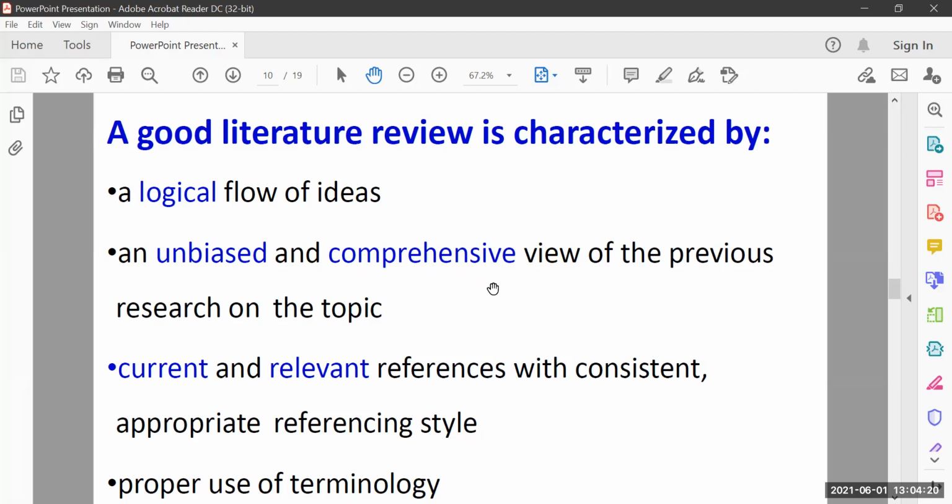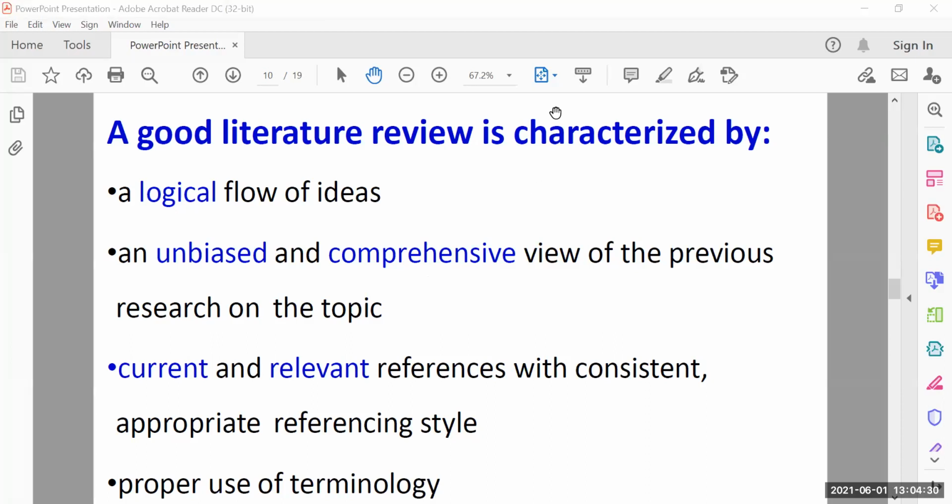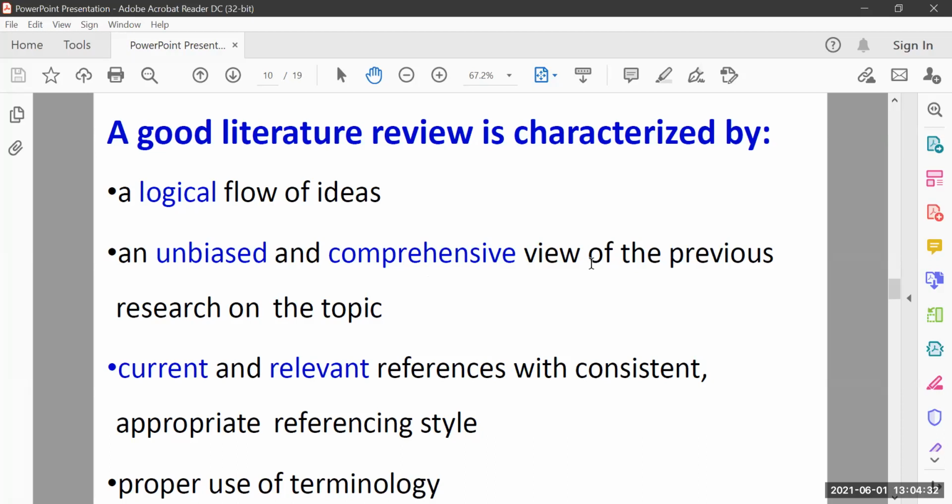And comprehensive means a lot, the big picture. If you do the literature review based only upon 10 or 20 papers, that is not comprehensive. That is not going to represent all the aspects of the particular area.